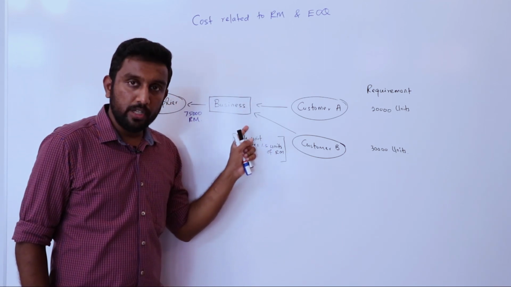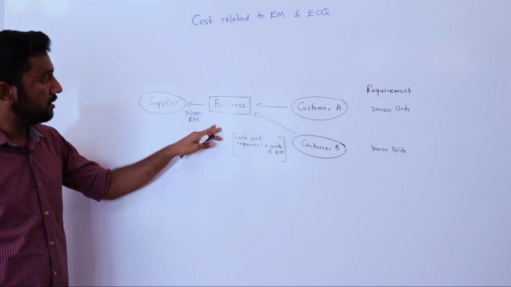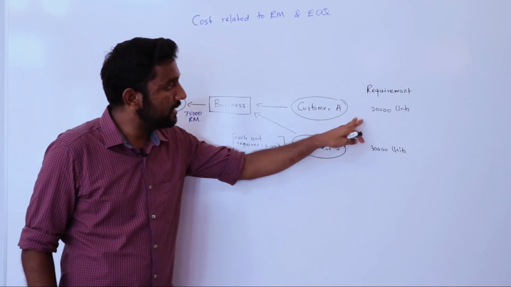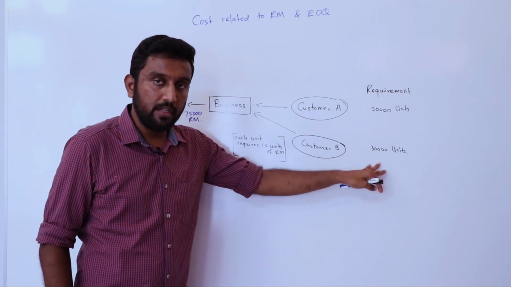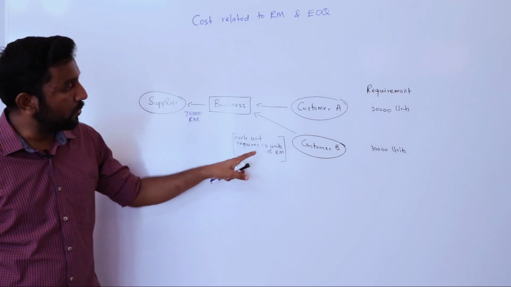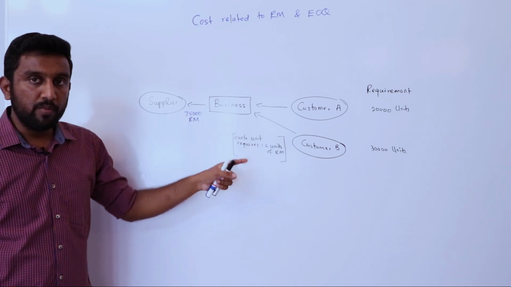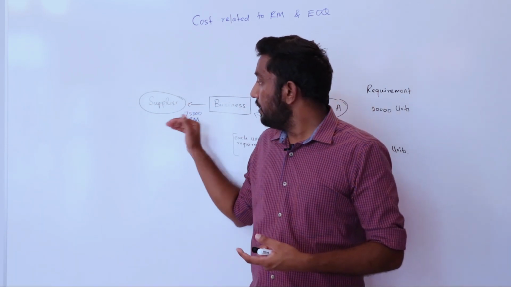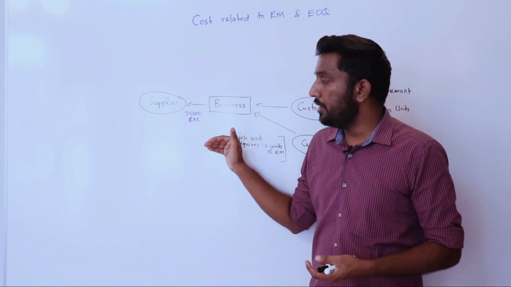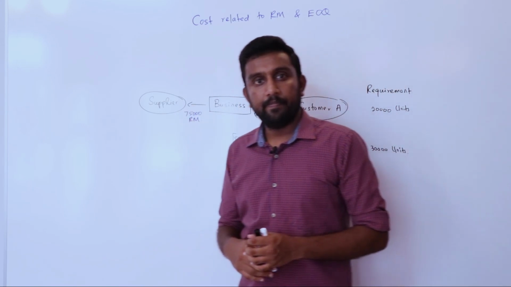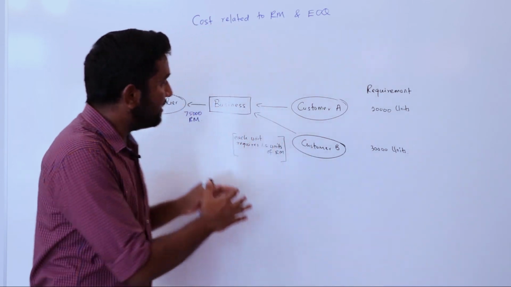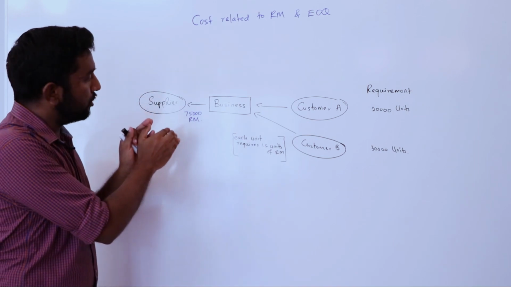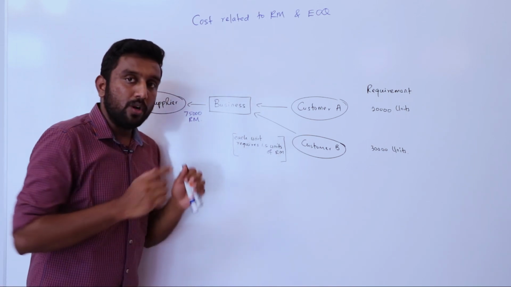So the business will request this raw material because they need 50,000 quantity for the customers. Each requires 1.5 units of raw material. Then the business will require 75,000 units of raw material from its supplier. Let's assume the business is requesting the entire 75,000 units from the supplier in one slot.